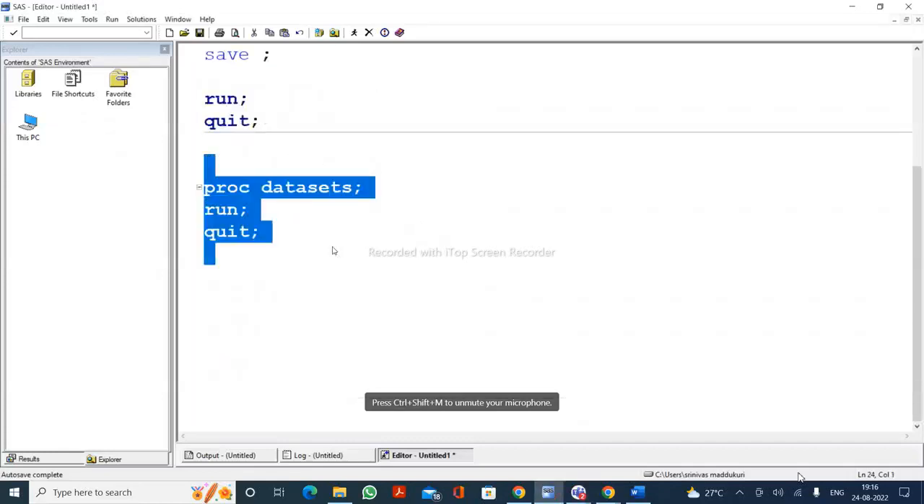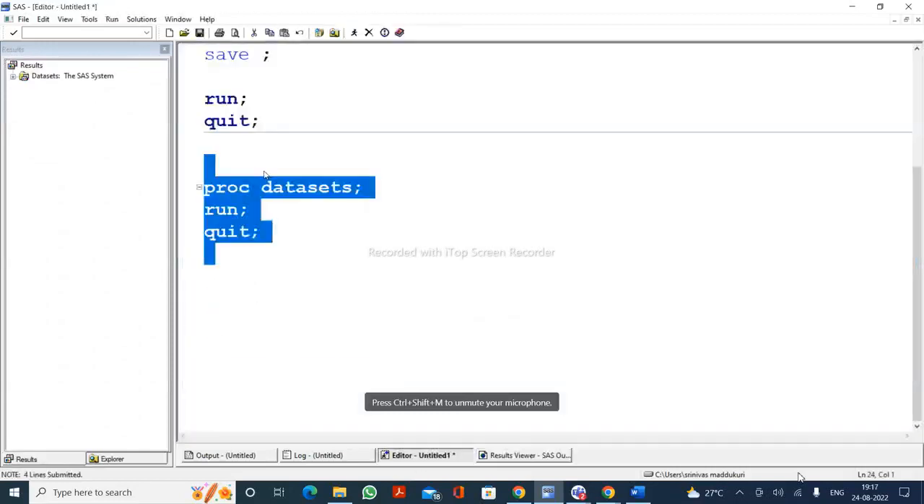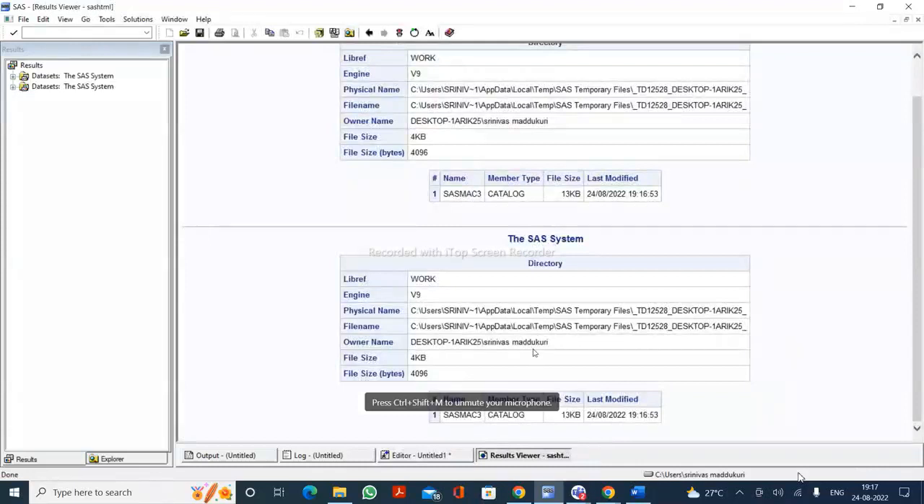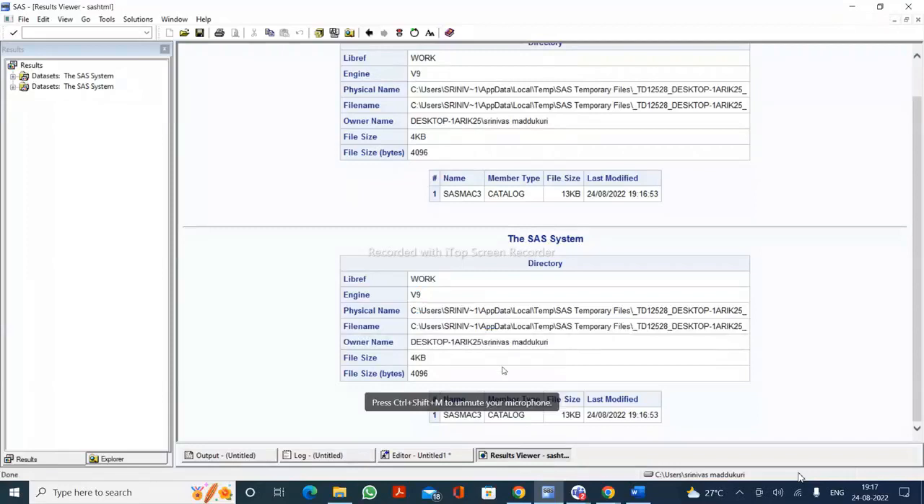Now, if I execute the program, along with the procedures that we have written, all the procedures will get executed, and at the same time, it is going to print the default library called work library. Every time I execute the program, we'll get a print on work library. Now, can you see what I'm getting here? Directory, library reference, work library, engine V9, the physical name, the location of the work library, and then